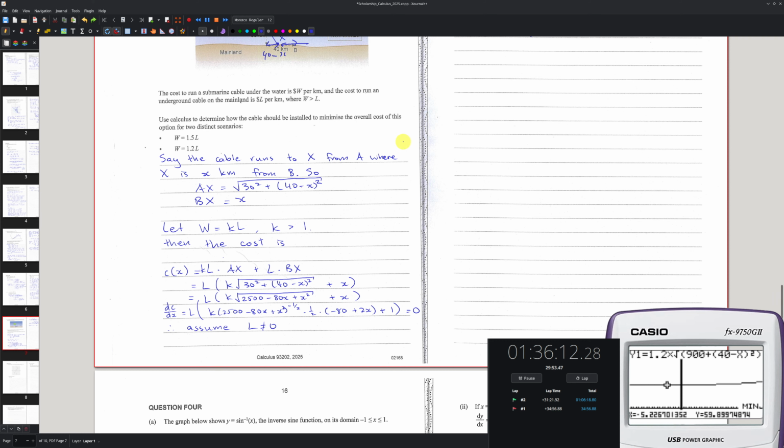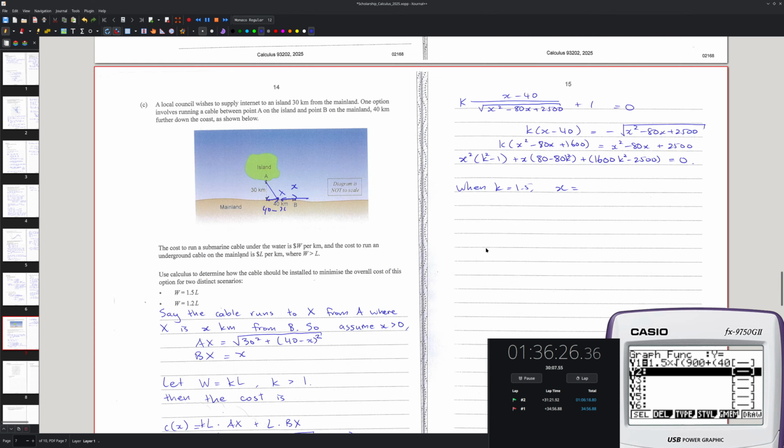So assuming x bigger than 0, then that. So okay, what's wrong with my quadratic equation, man? Okay. X equals